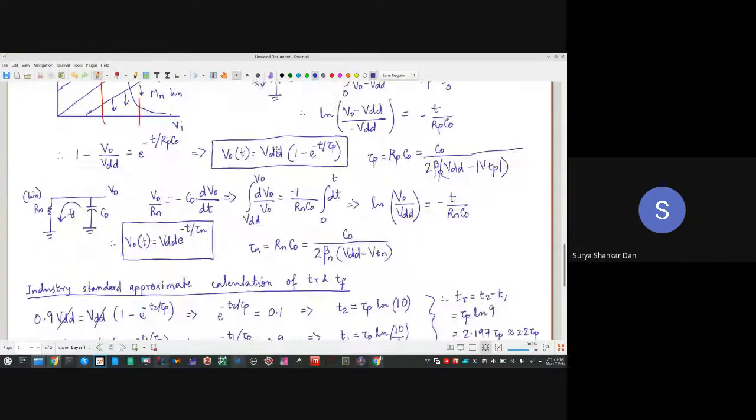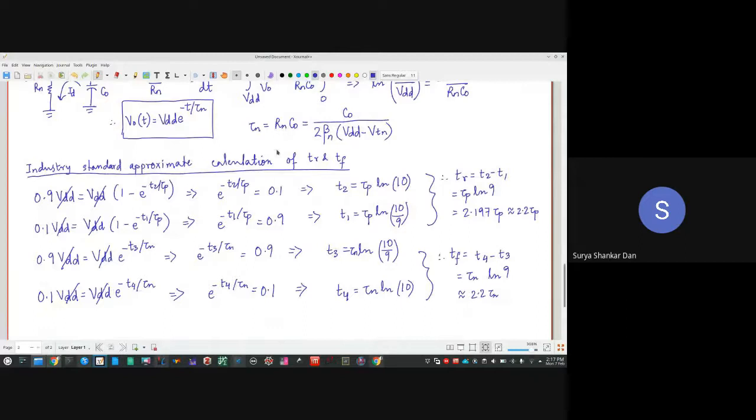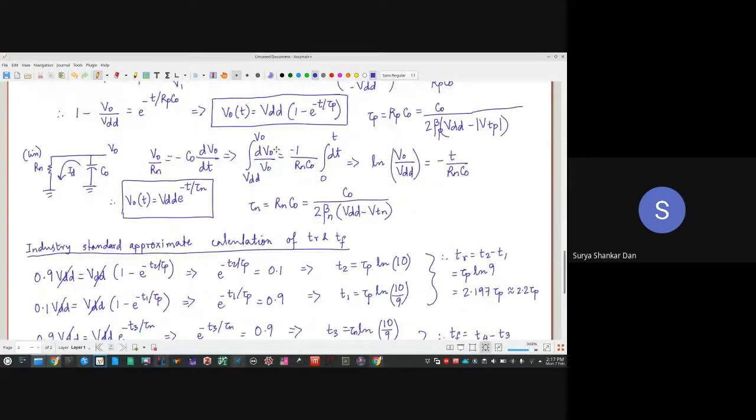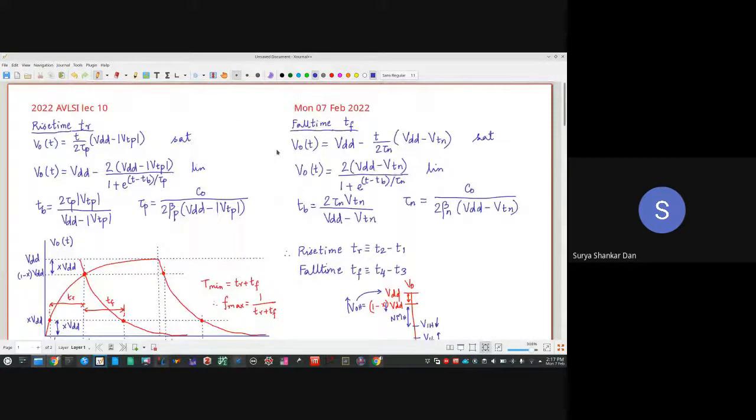Okay. All right. So that completes our discussion on the switching analysis of the inverters. And from tomorrow's lectures, we are going to do a new analysis. I think I'll start with the power.